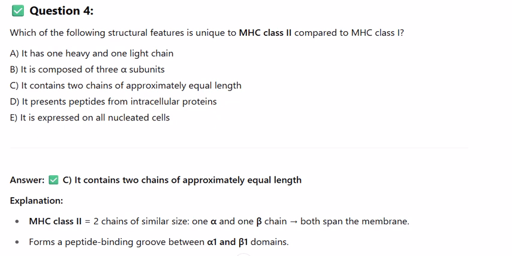Why others are wrong. A. That's MHC class 1. B. MHC1 has 3 alpha subunits, not class 2. D. Class 2 presents extracellular exogenous peptides. E. MHC2 is expressed only on APCs, not